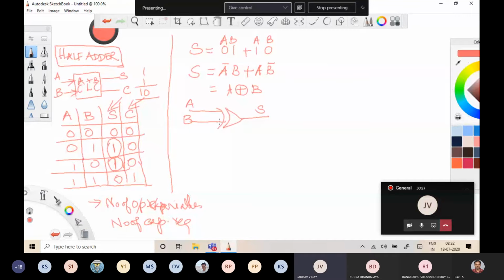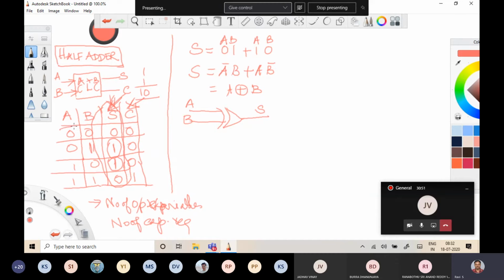So can you explain this part once again? Yeah. See, I just want to find out the expression for sum. I'm just going for the sum column. I have to check at what possible combinations of inputs my output is 1. Only the sum column. I'm not concentrating on carry, since for carry I have to develop a separate expression. So only the sum column I'm concentrating on, with AB.